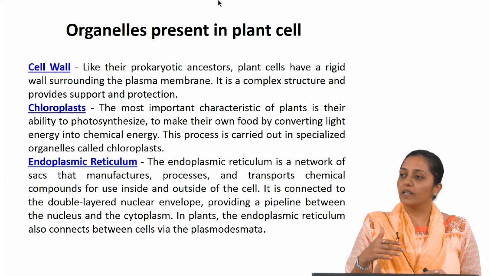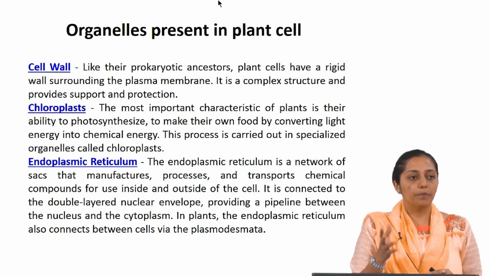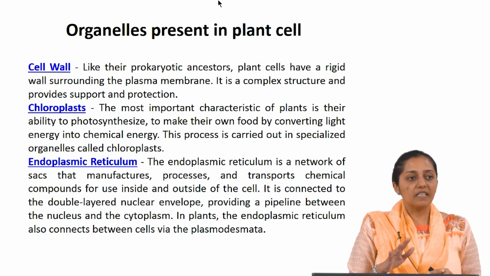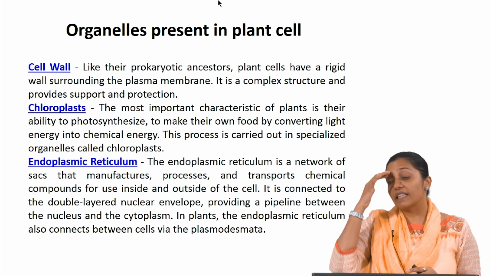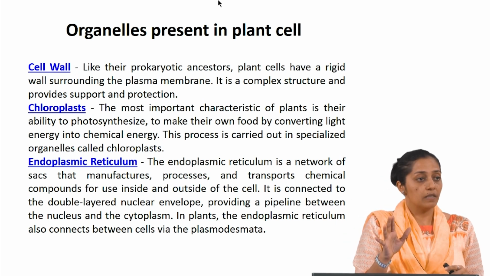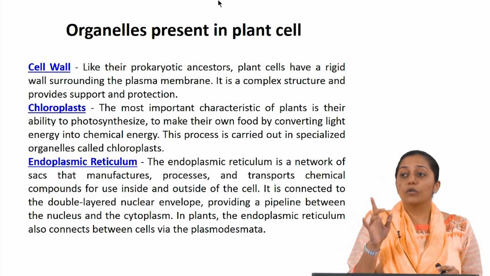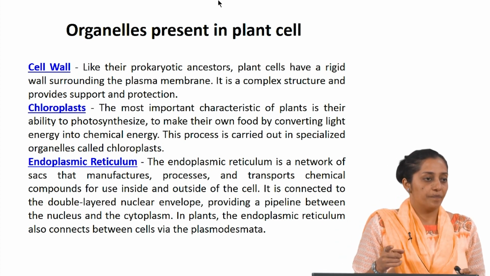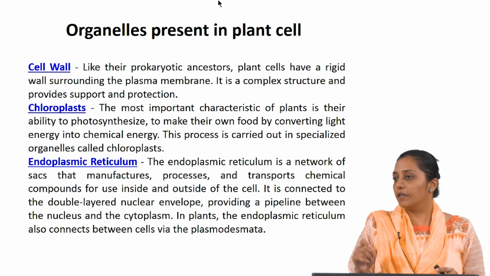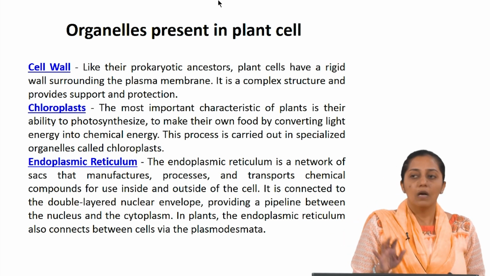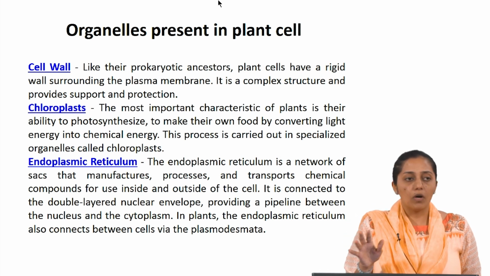Now plant cell wall itself is divided into primary cell wall and secondary cell wall. Now primary cell wall, the majority of the plant cell types which you will find in the plant will have primary cell walls, all the plant cells, but not all plant cells will have secondary cell wall structure. So we will be talking in detail, giving you some idea about how primary cell wall is different from secondary cell wall. Now what is cell wall?